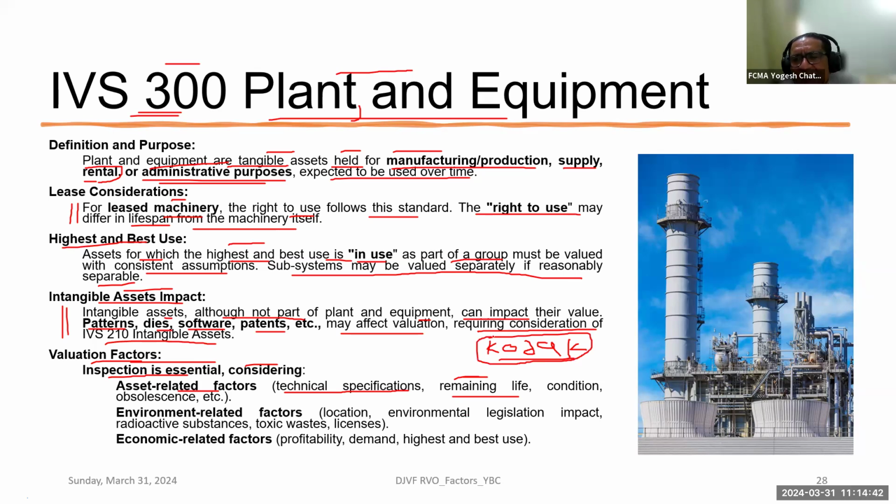Today, what is the market share of Kodak? We all are aware. Likewise, Nokia. Once upon a time, mobile set meant Nokia. Now, what is the market share of Nokia? Because of technology, we all know. So, very important, the remaining life of the machine is the independent estimation of the valuer, not what is reported